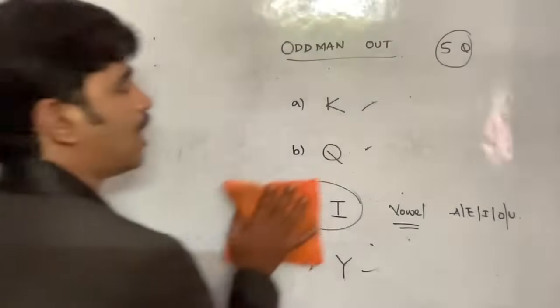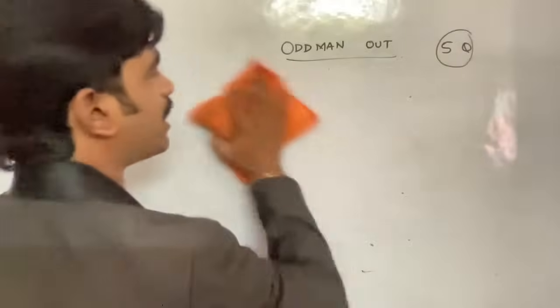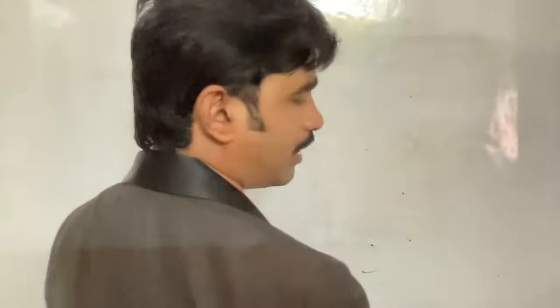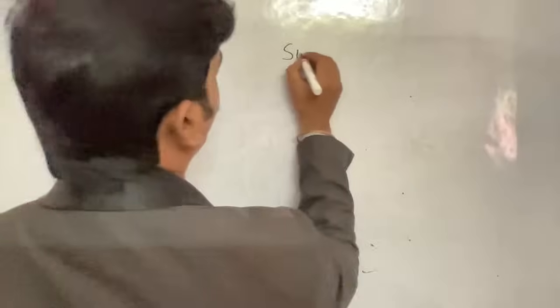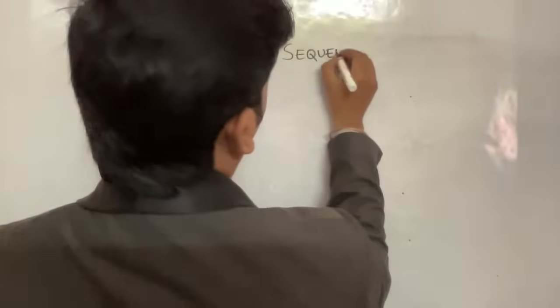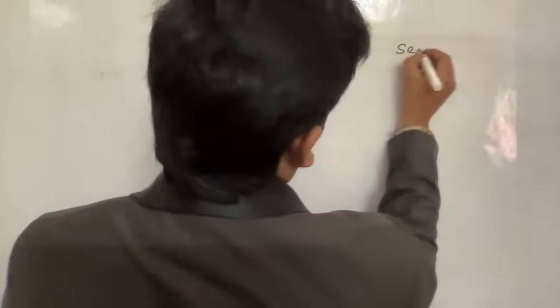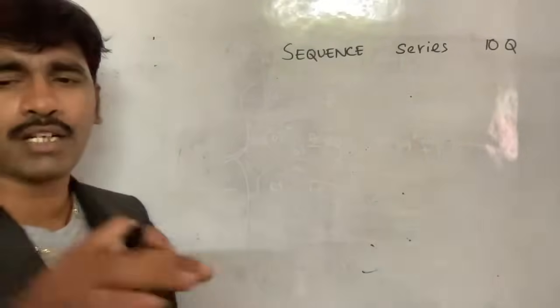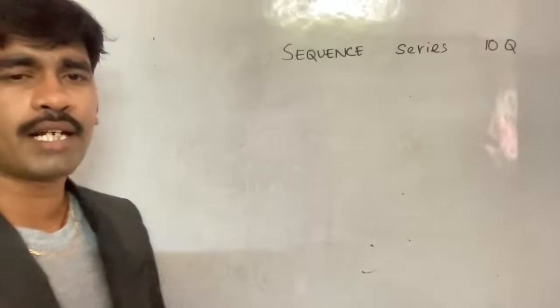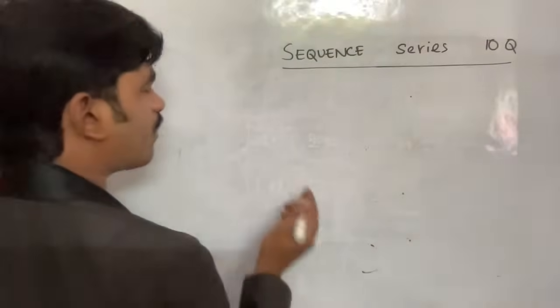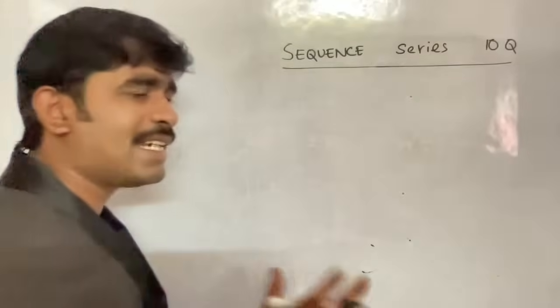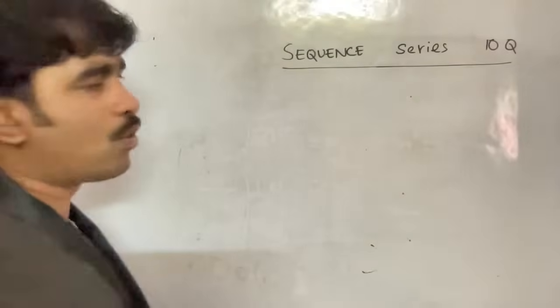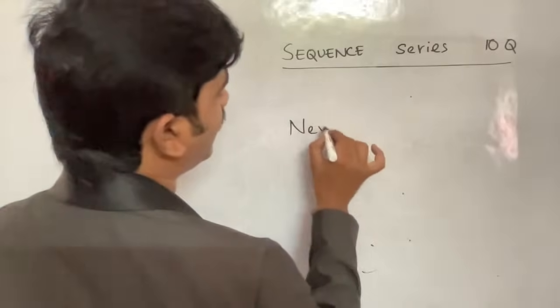Option C. So you are going to have 5 questions from odd man out. And we have another module which is called sequence and series. This is also a very important module. You will be having 10 questions from this. So what are the 10 questions from sequence and series, if you can observe? They will be giving questions on number series and letter series. So you mostly have questions based on finding the next term